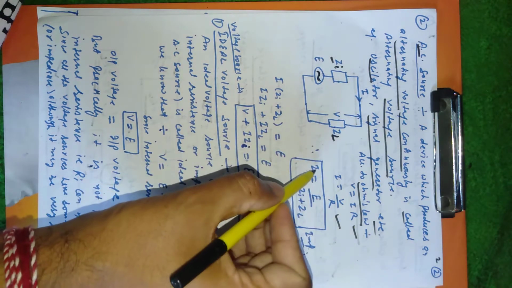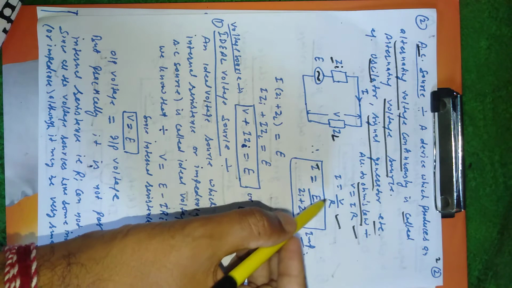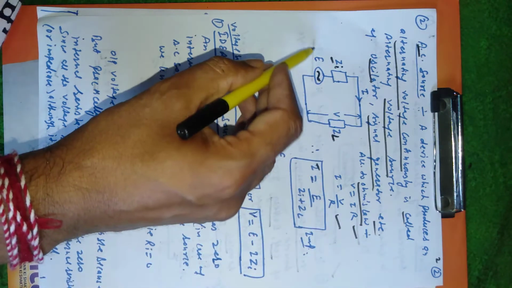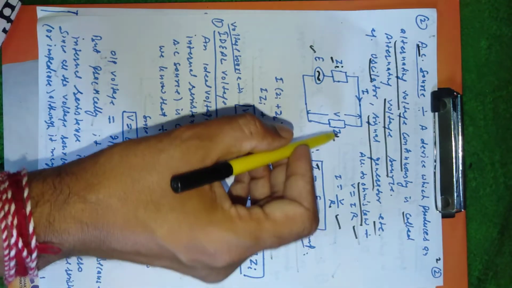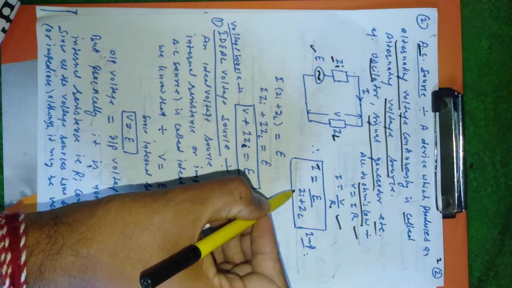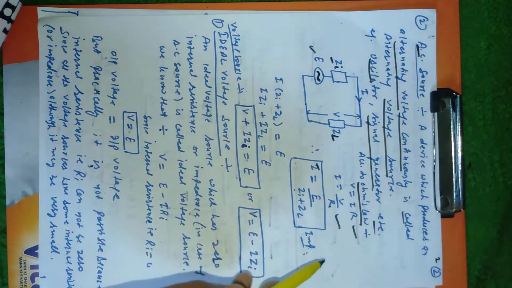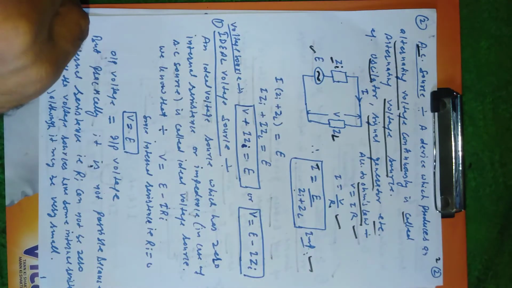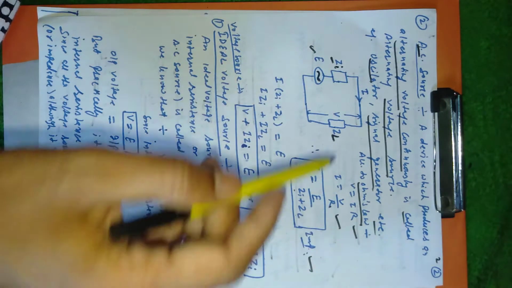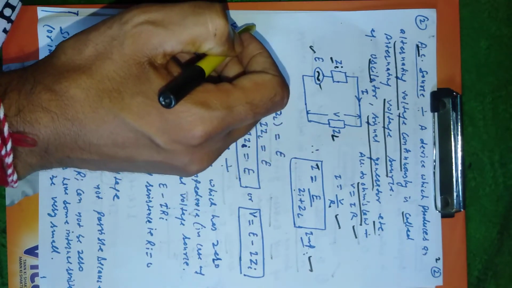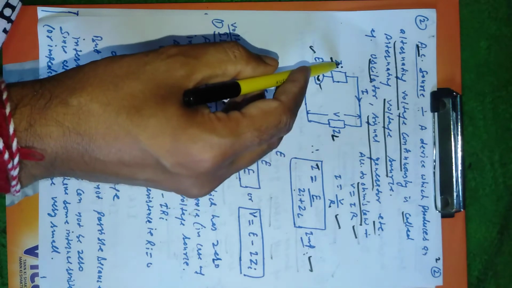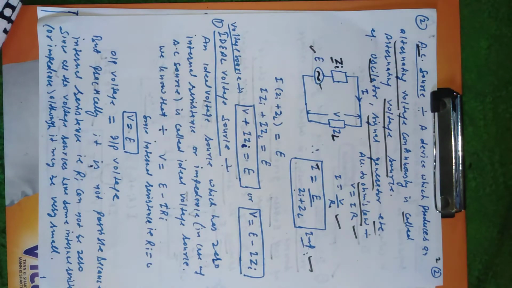So current is equal to voltage. What is the voltage? That is E supply, and resistance is replaced here with the impedance, that is Zi plus ZL, which is in the series form. Same equation as in the DC source. Only difference is that here we have the symbol change. Okay, AC source, and then resistance is replaced with the impedance in case of AC sources.